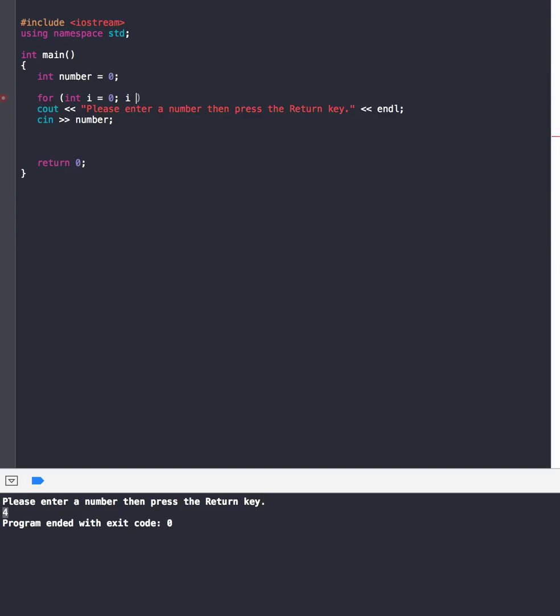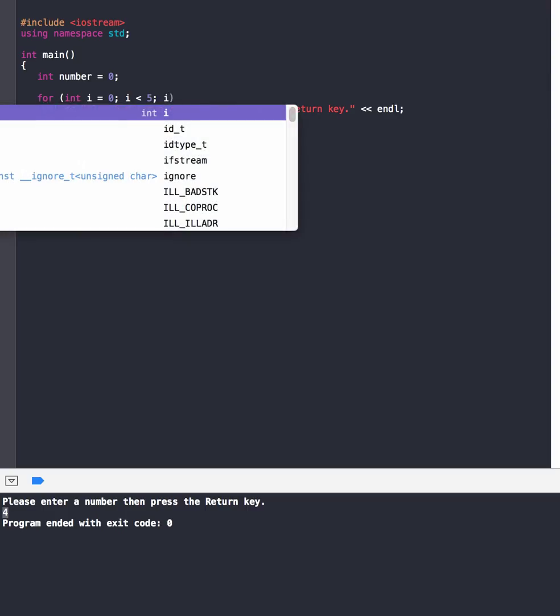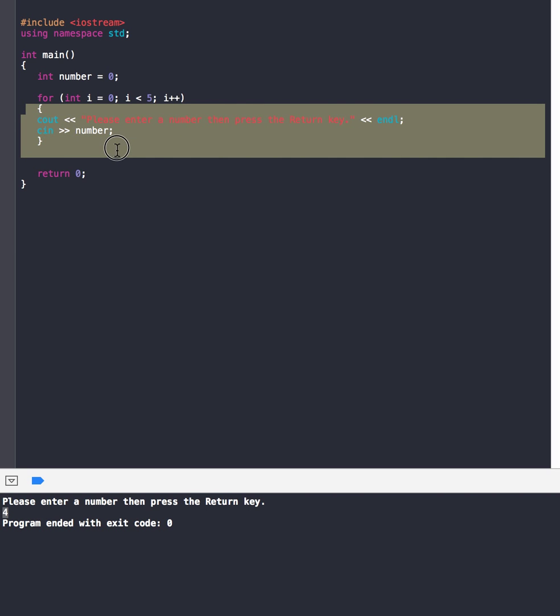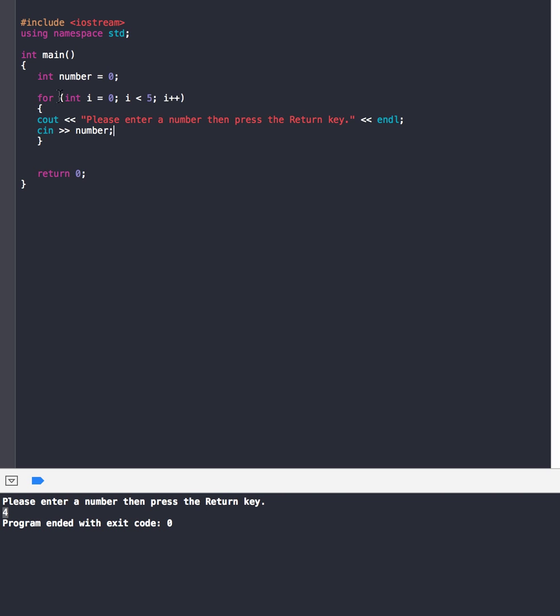And we have to put curly brackets around the for loop. Okay. So what the for loop does is it repeats this. And it repeats this according to what we do up here. Okay. So right here, this is where we